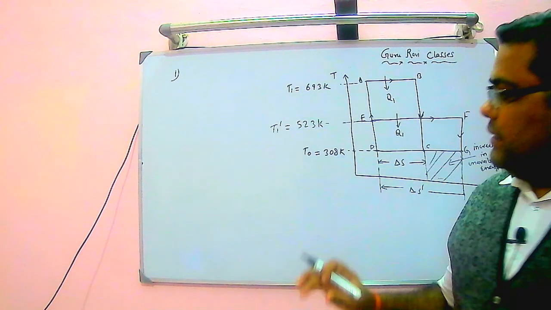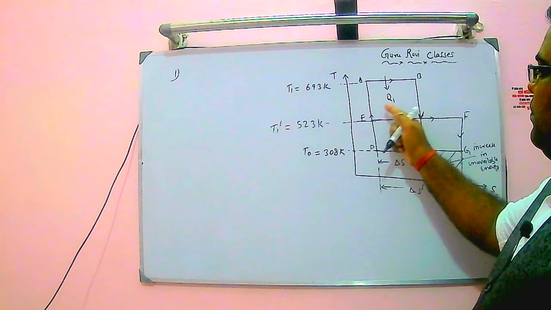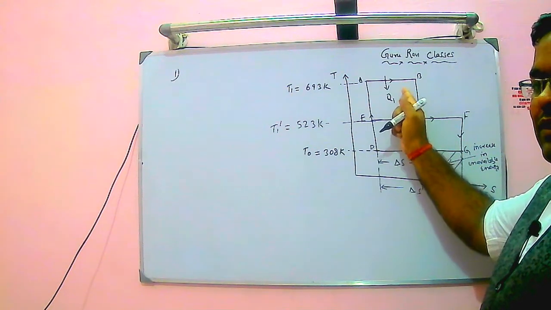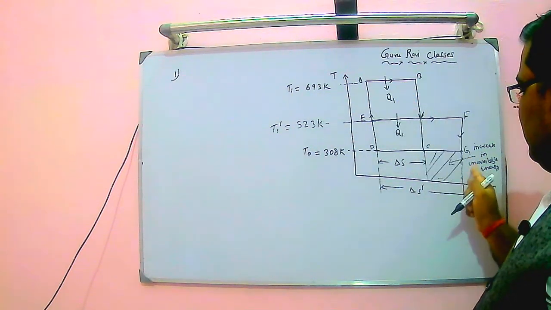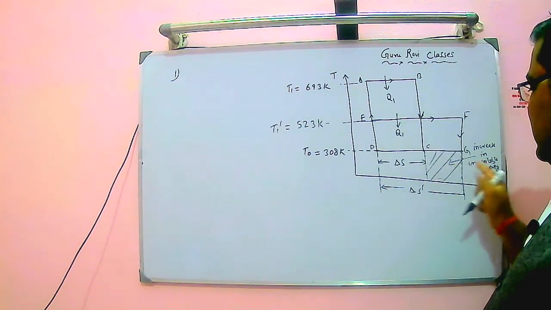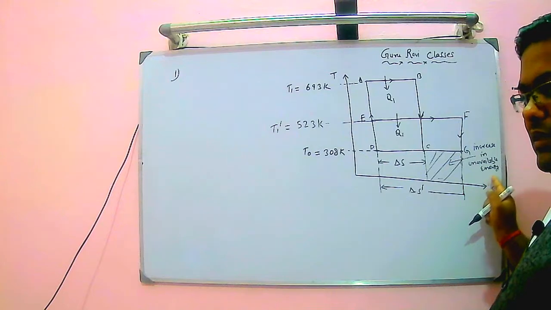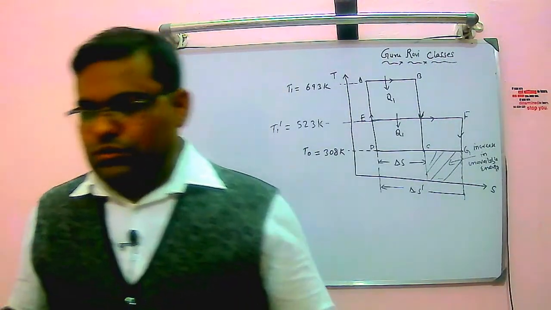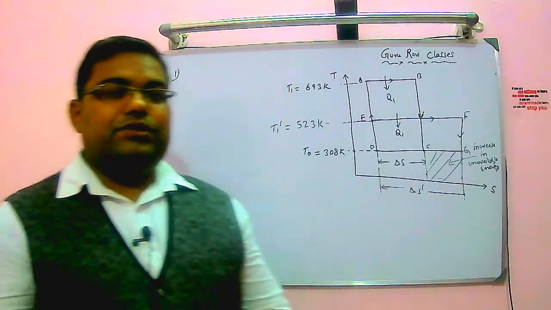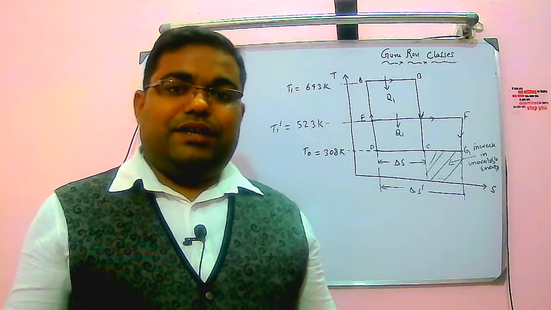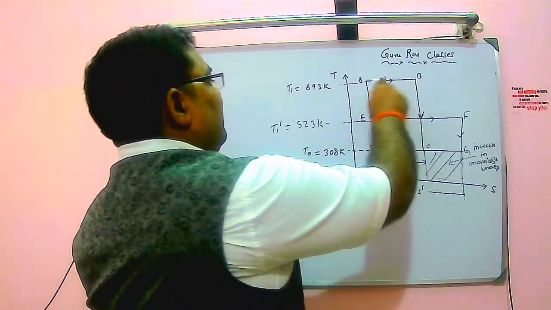Now it's asking how much portion, how much fraction of this heat which you have generated at vaporization will be lost to the environment, or which has been lost as an increase in unavailable energy of the surroundings. That we need to find out. So how to do so? How to start? First of all, you need to write what is Q1 heat, which is basically getting supplied from this primary cycle from here.